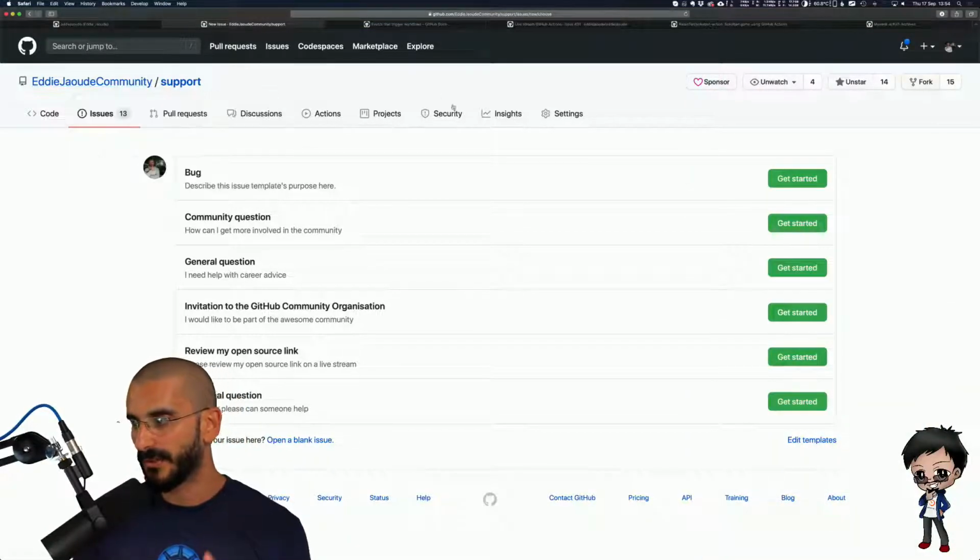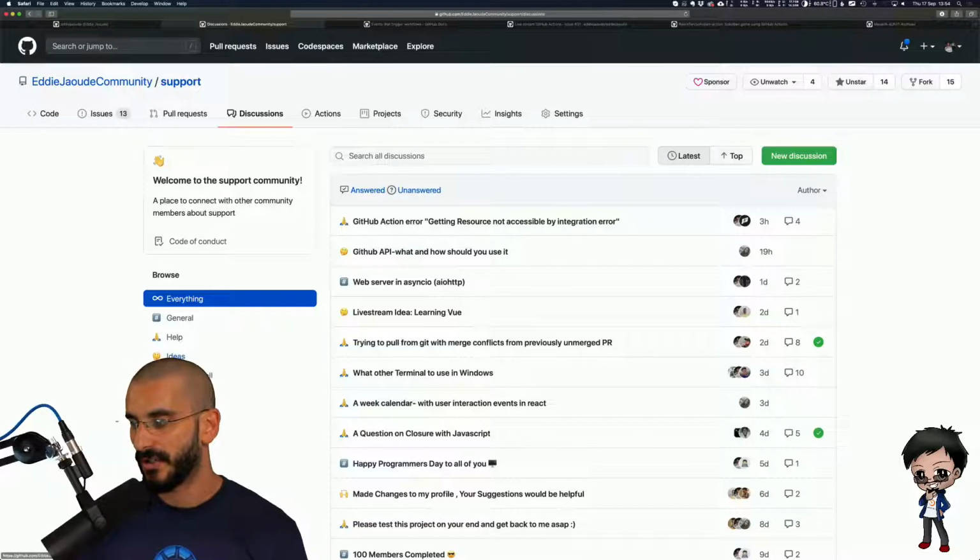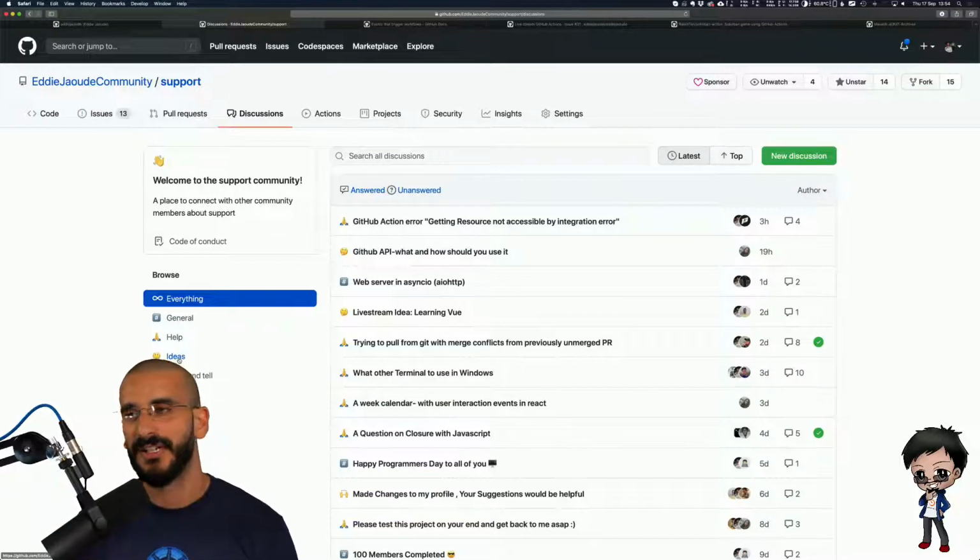But I wanted to show you in the support repo, we also have beta access to discussions, which hasn't been released yet on GitHub. So if you do have any projects, you can create a new discussion with a show and tell topic, and the community can give you feedback and suggestions. And by starting a discussion, you do get a green square for today. So definitely raise it. If you have any ideas, just raise an idea topic and say, my GitHub action would like to do, I don't know, Connect 4, or order Domino's Pizza when I get to 2,000 contributions or something.